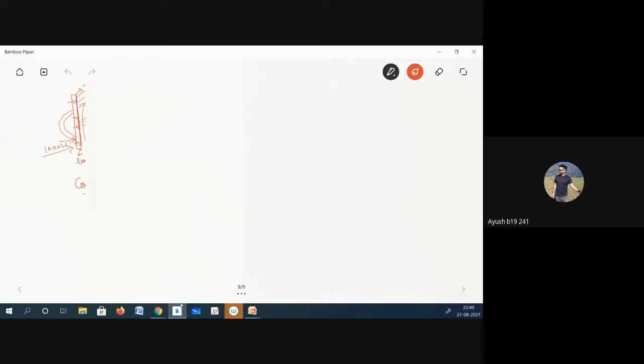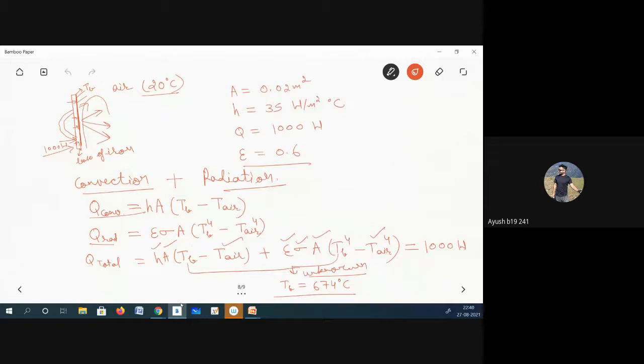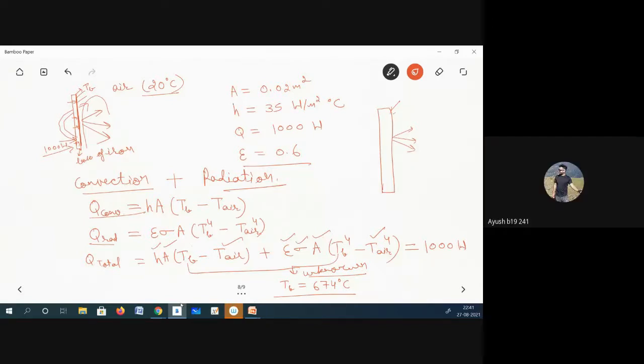Sir, what was that thing you said, like the absolute temperature of the rod is something and it will emit some radiation? It is not a rod. It is a plate of iron block. So your normal iron which we use, its surface is exposed. When the surface is exposed, it will emit some radiation also, along with the convection. Fine. Yes, sir.